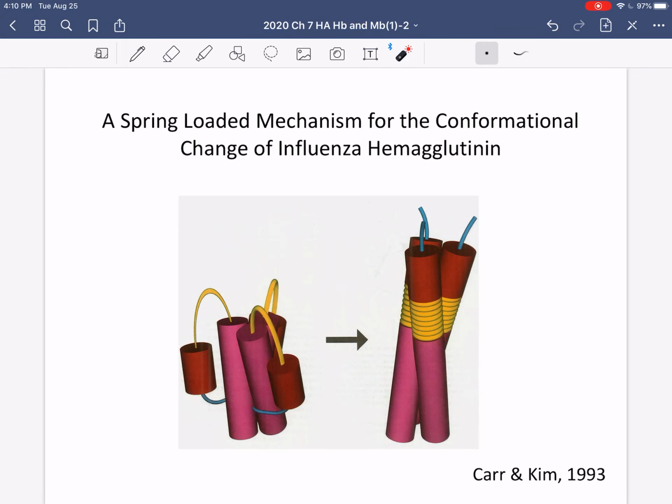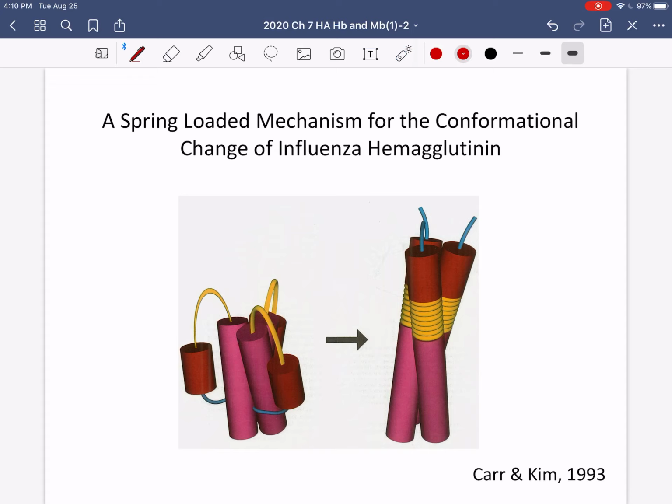When you zoom in to one of those spikes, and you look at just the membrane fusion portion. Now, what do I mean by membrane fusion portion? If you just look at this one spike protein, and then look at just the portion of that spike protein that actually is involved in viral entry into the host cell, then you see this cartoon.